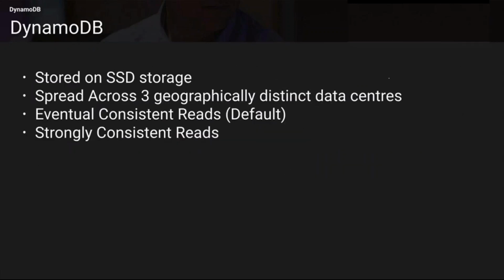What's so special about DynamoDB? Whenever I pick up DynamoDB in the AWS Amazon Cloud, the data automatically gets stored on SSDs. I don't have to worry about it. And whenever the data is stored, it is automatically spread across three geographically distinct data centers, which here means three different availability zones. So if I'm trying to store data in North Virginia, which has 6 availability zones, it is automatically going to be stored in three different availability zones.